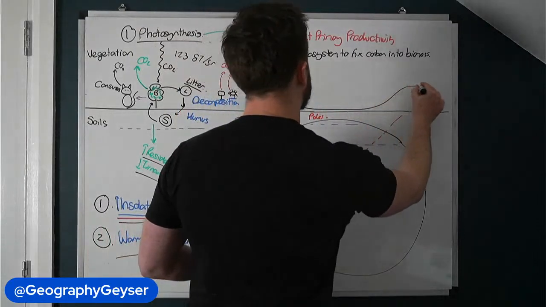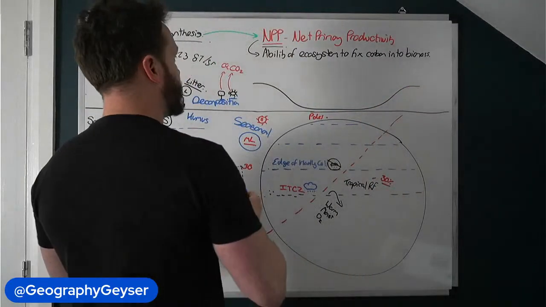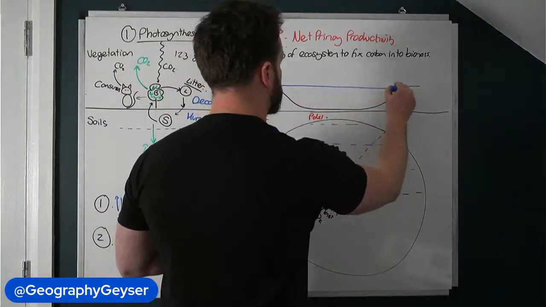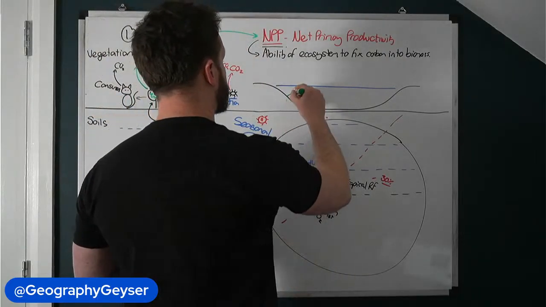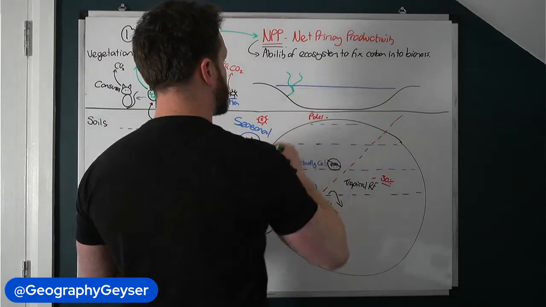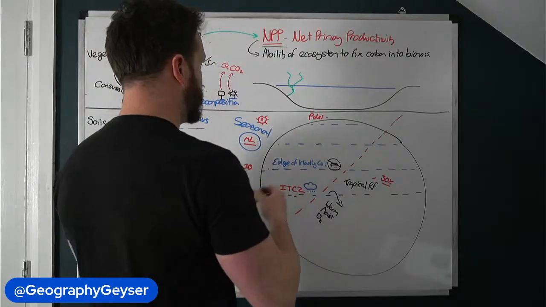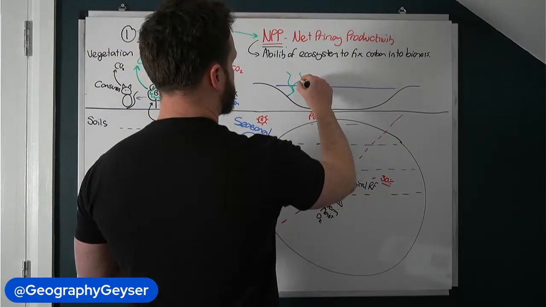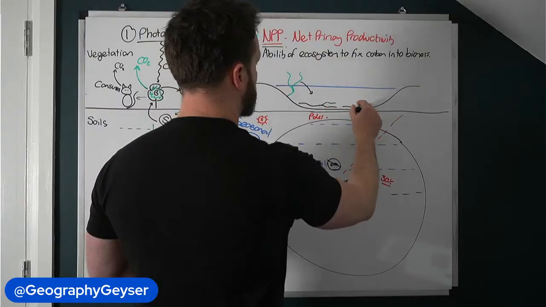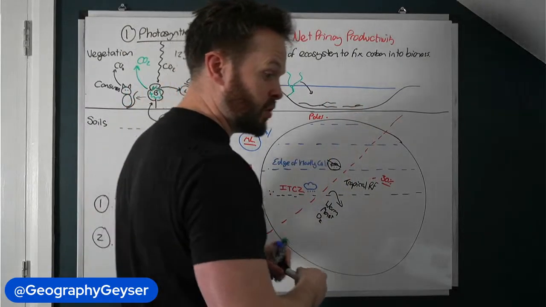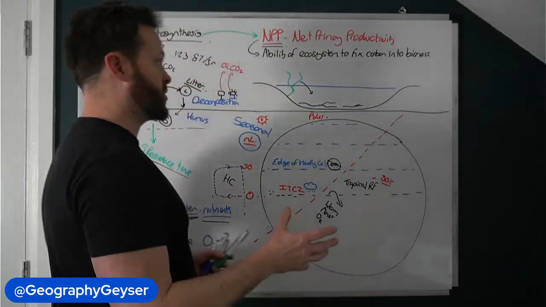We have such an area on the planet, and this area is something that you will have studied in the water cycle, but you won't have linked it to carbon storage. And this is a wetland. So what happens is organic matter will make its way down to the bottom of the swamp or the bog or whatever you want to call it.